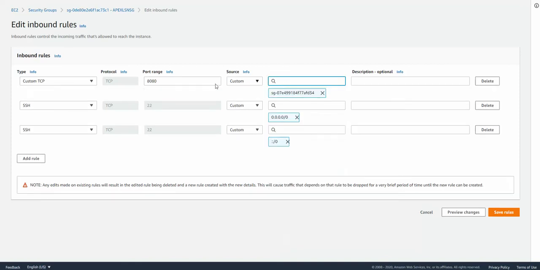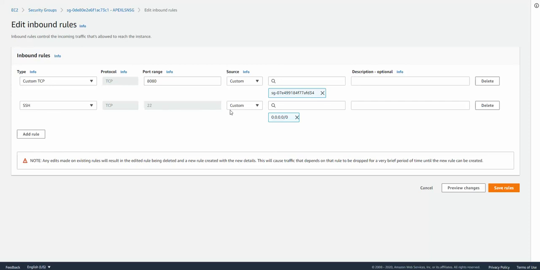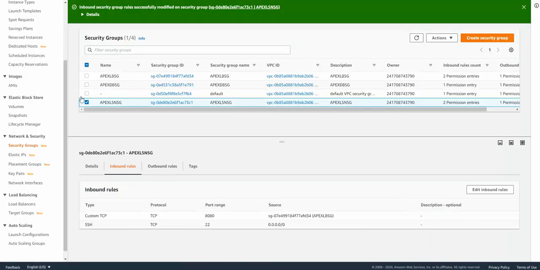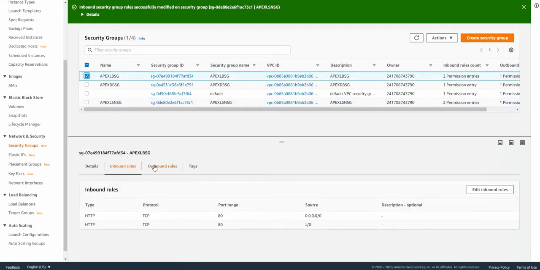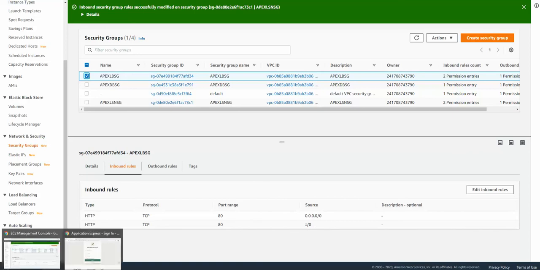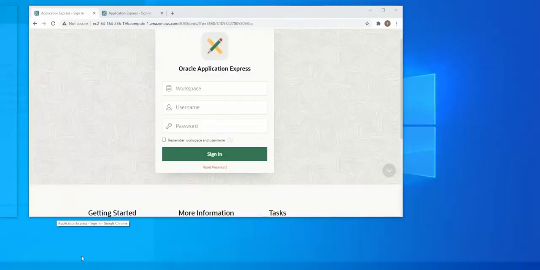So that means only the load balancer can communicate inbound to this instance, right? While I'm here, I'm going to remove that one, but SSH we are keeping, because SSH was required for installing the software on the EC2, right? So let's go ahead and save the rule. Let's quickly verify our load balancer security group also. We don't have to make any change because we are allowing internet connectivity over port 80 to this one, right? So let's go back and see how these things will behave now.